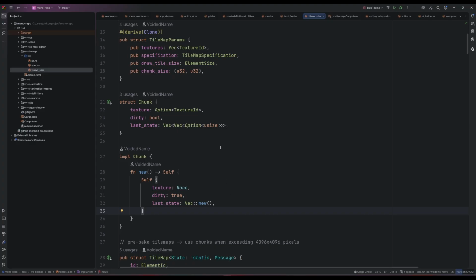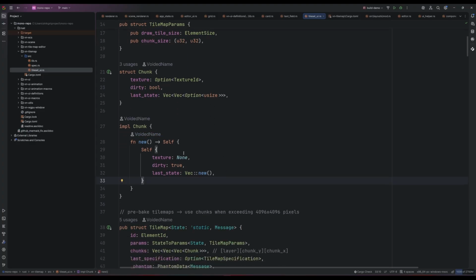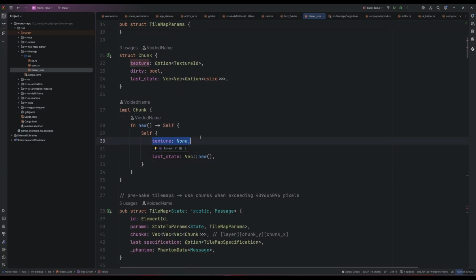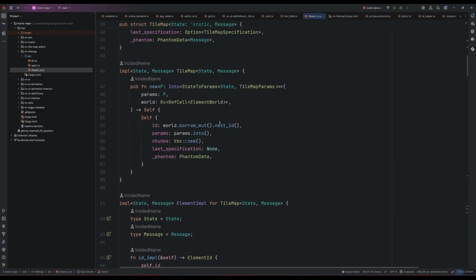And if it did, it will re-render that chunk into this texture here. And then instead of rendering each tile individually as an image, we just render chunks, and up to 4, well, however many chunks fit on screen. Typically that's going to be up to 4, because you would choose a relatively large chunk size, but